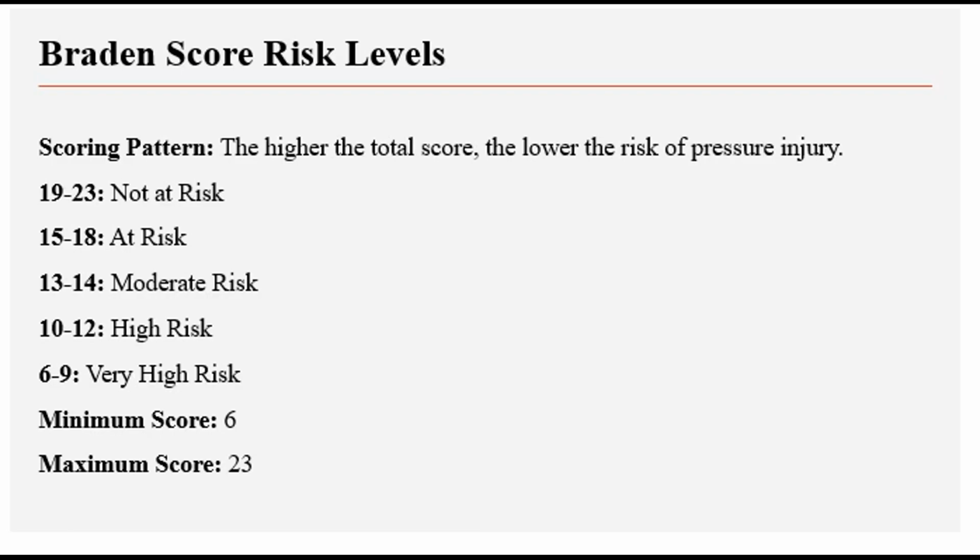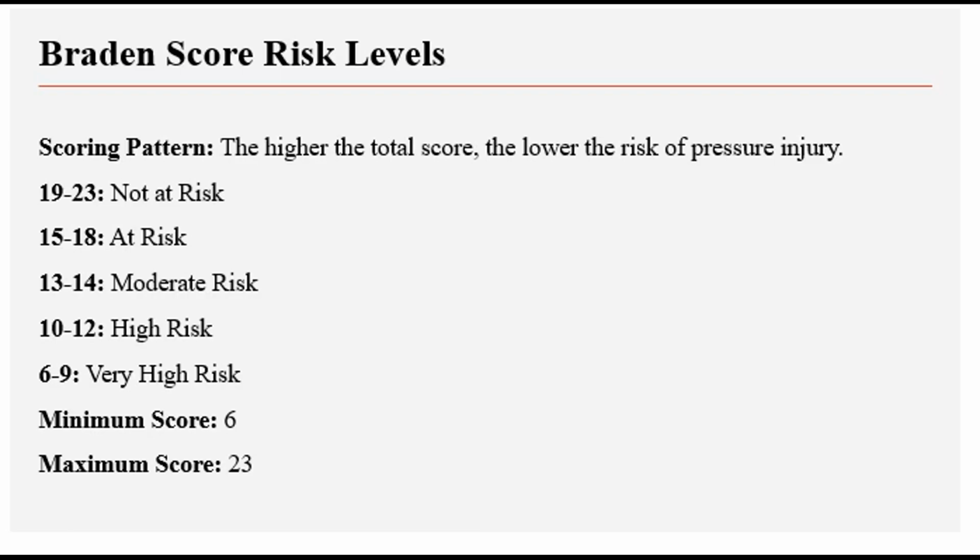The scoring pattern is: the higher the total score, the lower the risk of pressure injury. If the total score is high, there is very little chance of getting a pressure injury. If the score comes down, the risk is increasing. We are giving scores of 1, 2, 3, 4 for all the components. Accordingly, after we calculate,